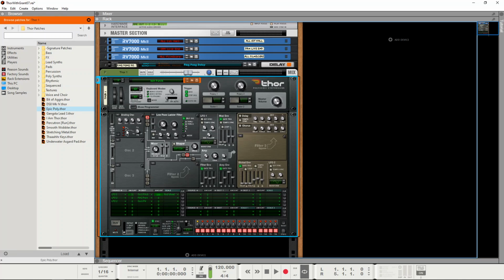So again, if we select the pulse wave, there's the pulse wave, we'll just put it to the central position, the square shape. And if we introduce pulse width modulation,